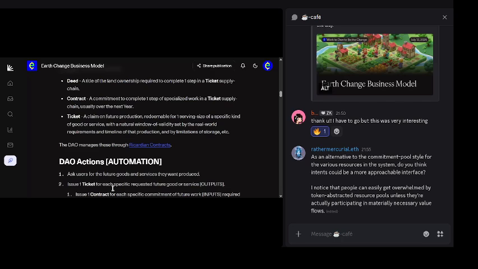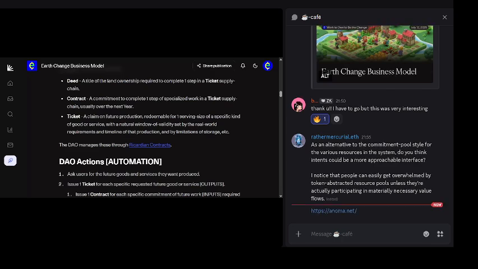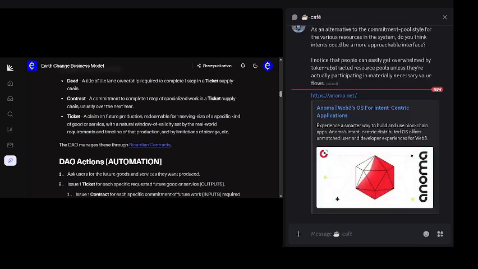And a lot of the stuff is still nascent. It works really well for DeFi tokens, but I'll drop a link to Anoma. They're doing some cool stuff, but I just recently found them. At least, sorry, go ahead. I just recently found them. Yeah, thank you